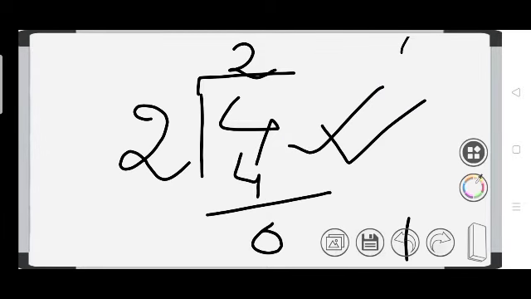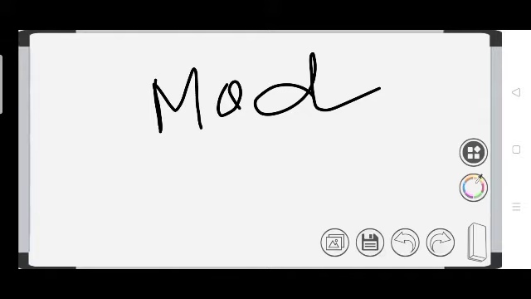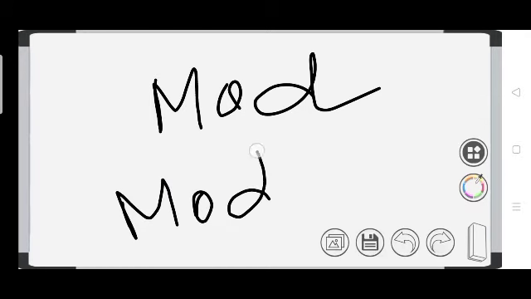Is it? So like that, we will find whether a number is odd or even using a formula. To find out the remainder of a number, we use the formula mod.